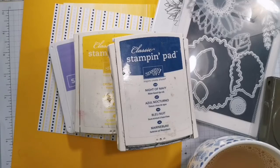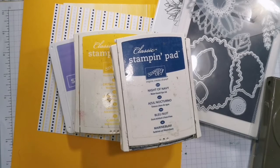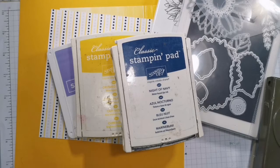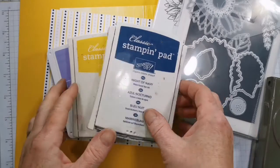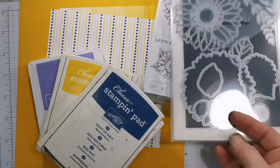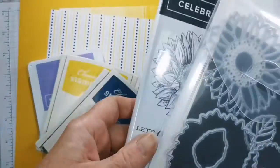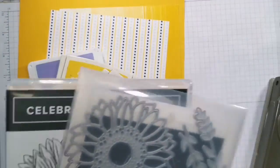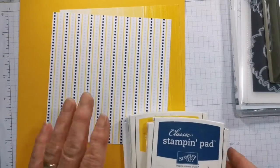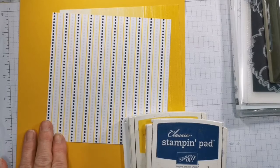Let's see. Right, so as well as my cup of tea, I've got quite a bundle of goodies on my desk. And I thought today we'd have a go at making a buckle card, and we would add to it some sunflowers from the Celebrate Sunflower set, because I'd picked these nice yellowy papers and that seemed like a nice flower to go with those. So I have picked these papers from the